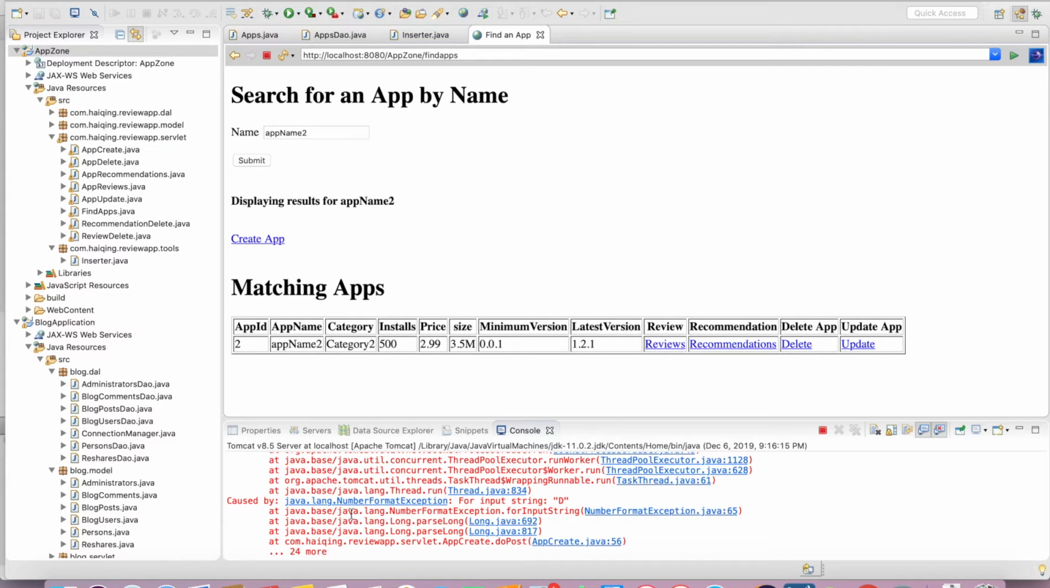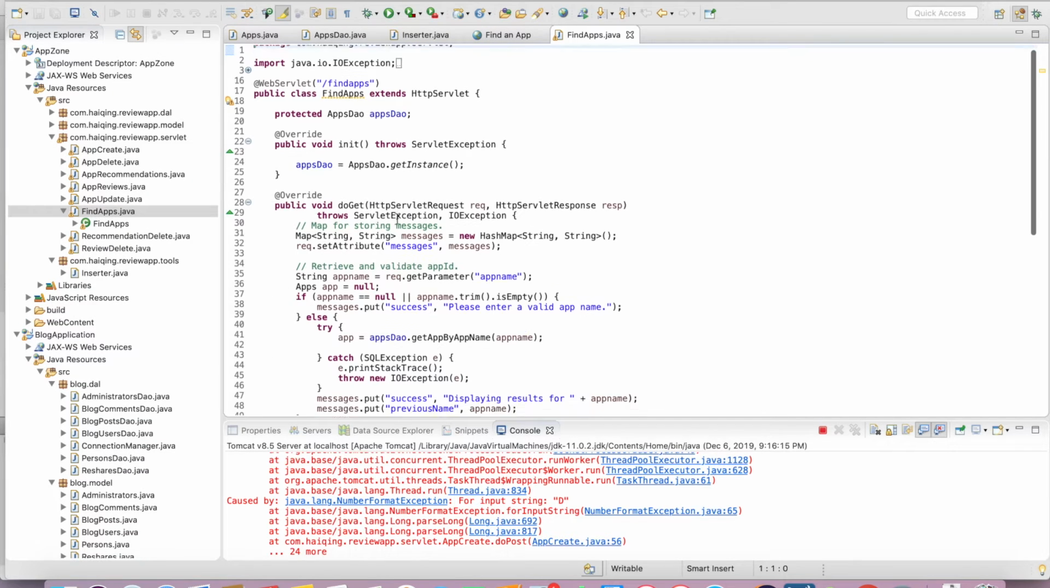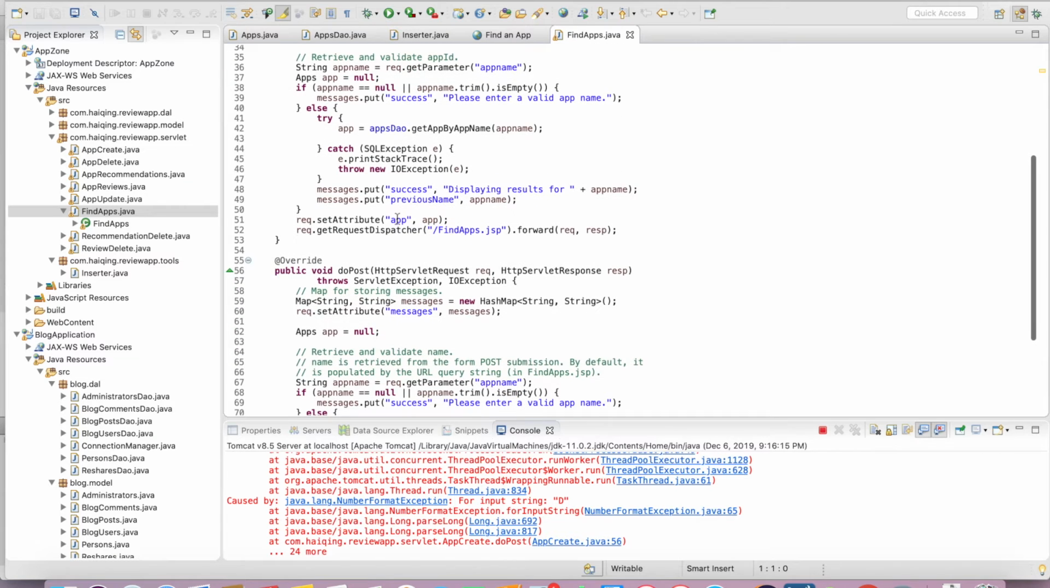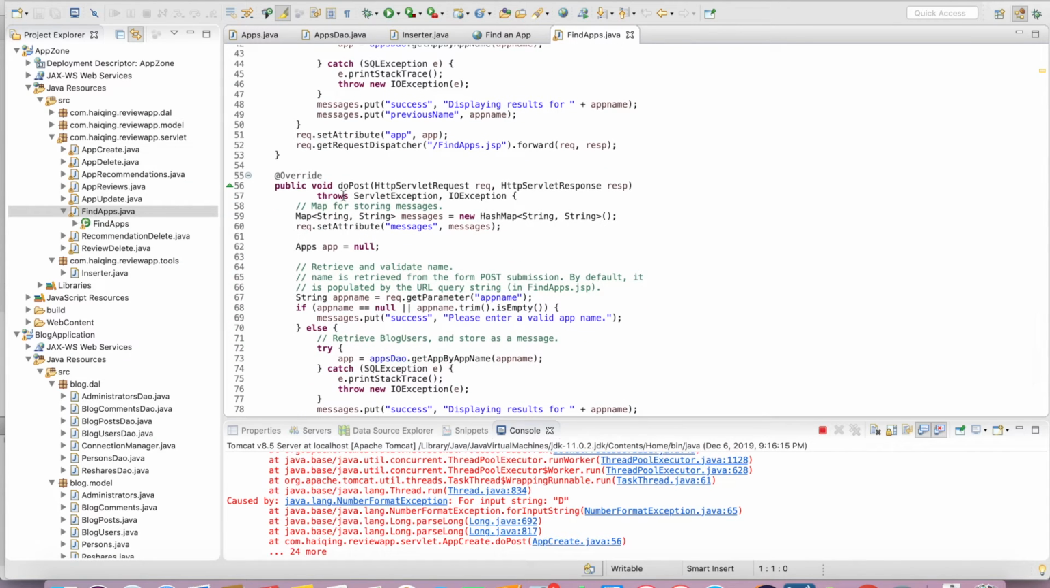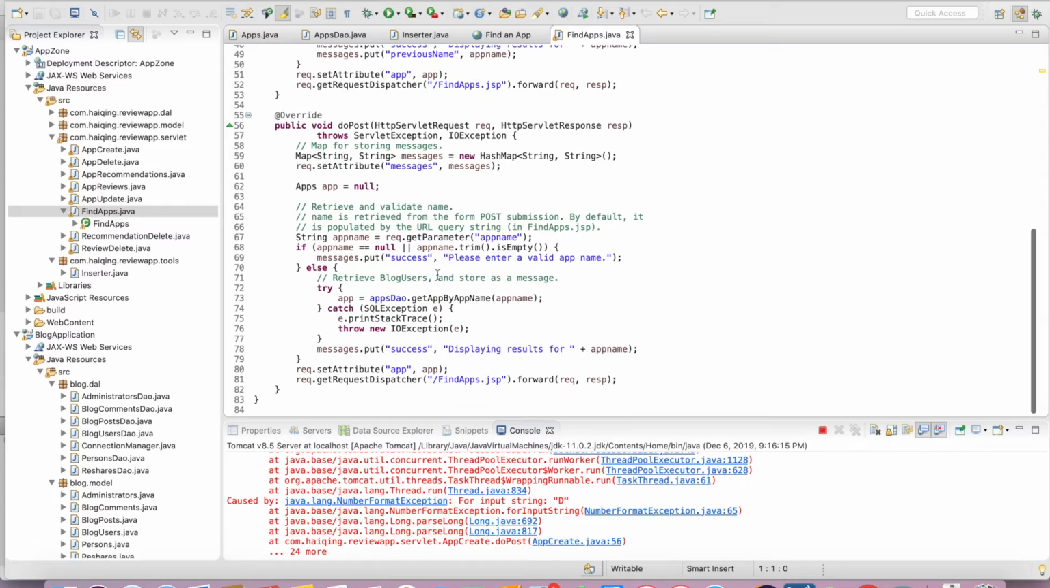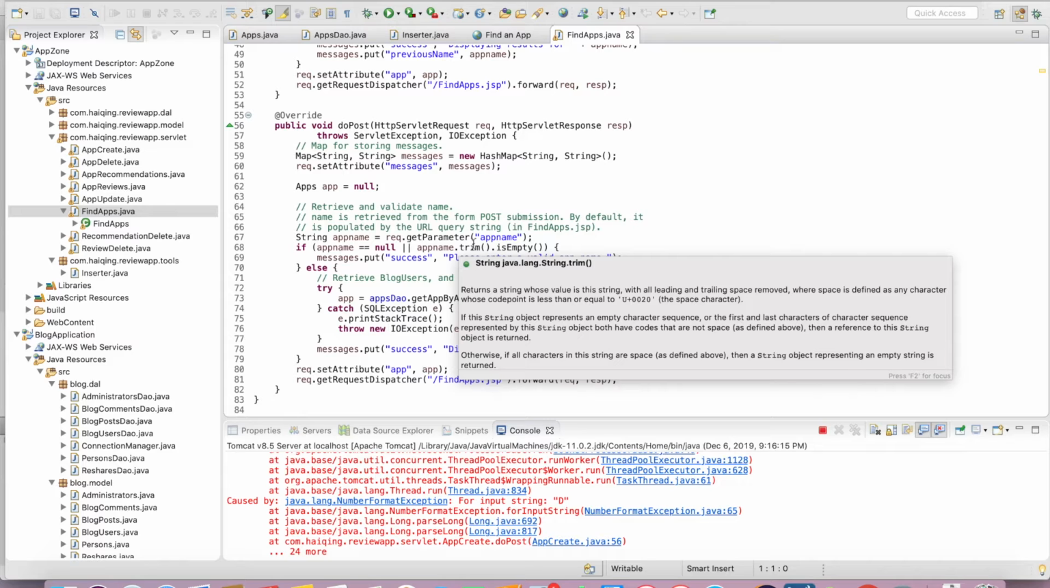And let's look at the code of the find app controller. We can have this operation simply because we execute the doPost method by using the getAppByAppName method in the appsDAO class, and at the end, this controller will render the findapp.jsp page, which goes hand in hand with findapps.java. And let's look at the